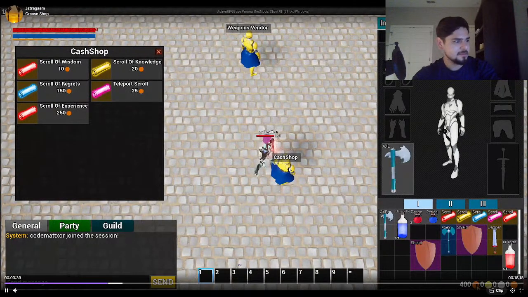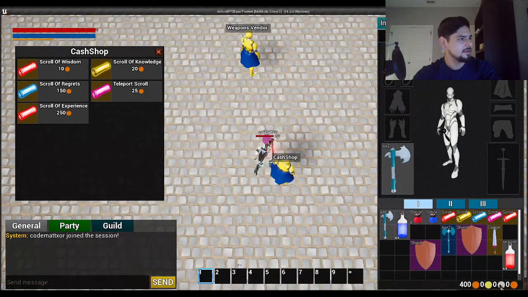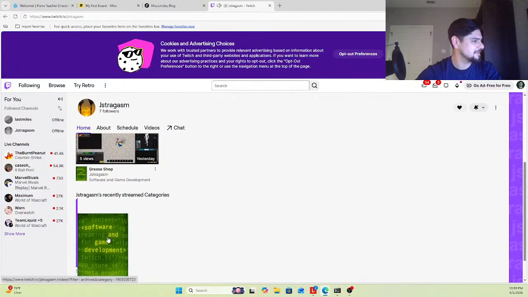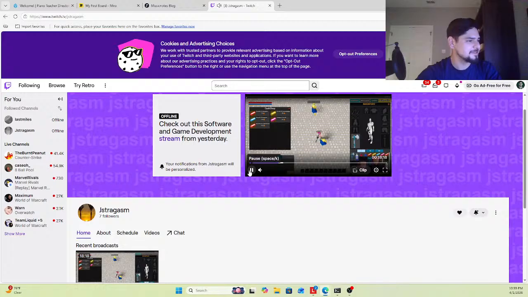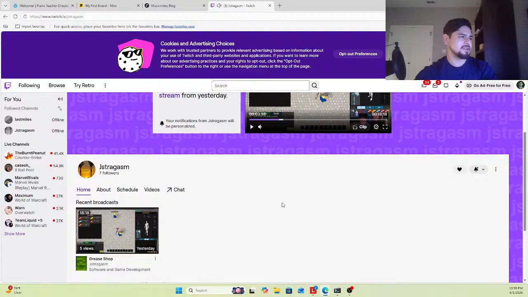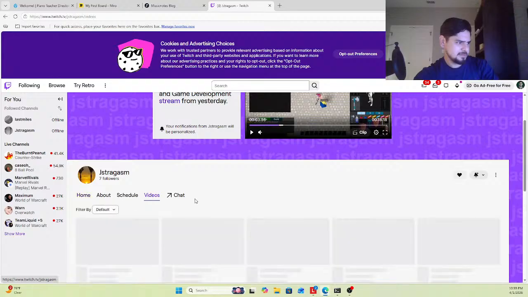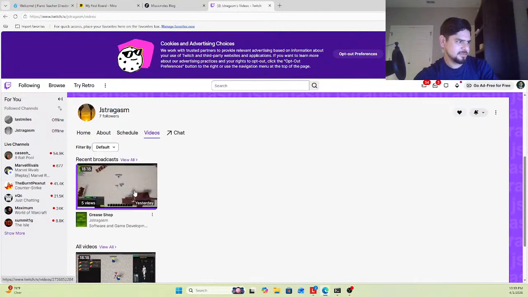This is the currency that I added. So these three are the in-game currency from getting loot. This currency is what you buy from the website. And yeah, he's got it. I think it's from scratch. I'm not entirely sure, but I do know that what he's using for the browser is pretty complicated, right? But it's not from scratch. Let me show you. I don't know exactly what he uses, but